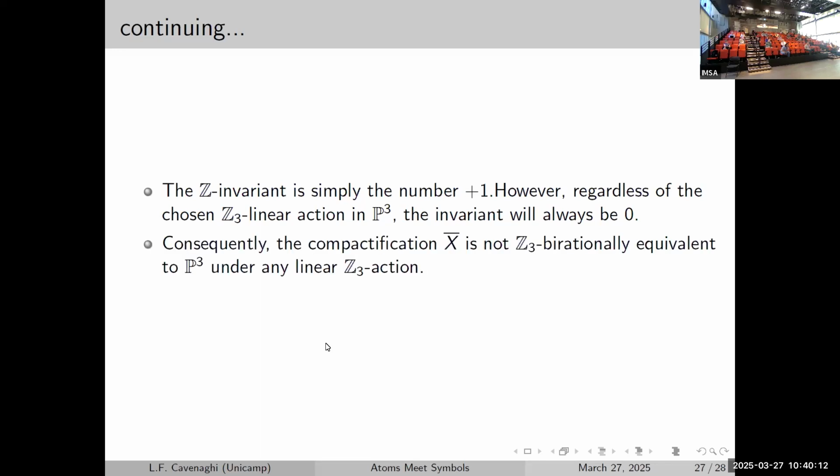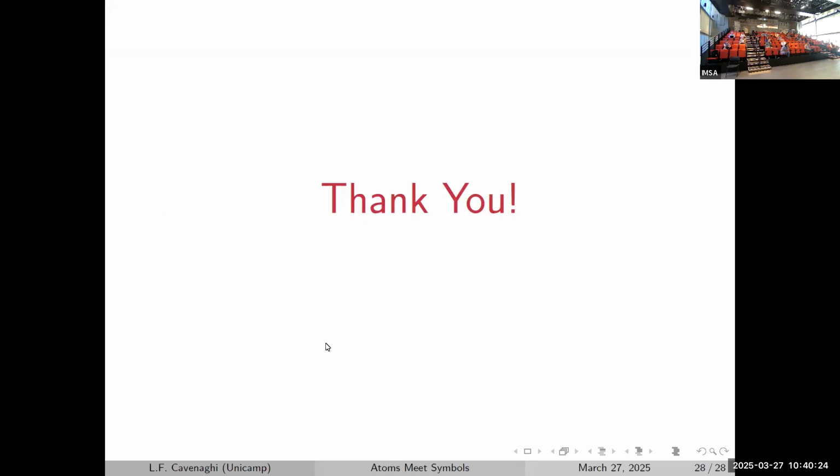And the conclusion hence is that after this compactification, this smooth projective variety cannot be Z3 birationally equivalent to P3 for no choice of linear action. And this is